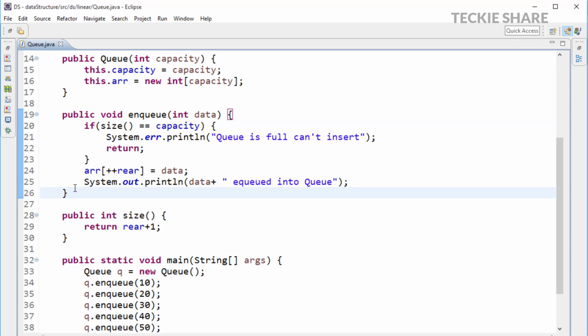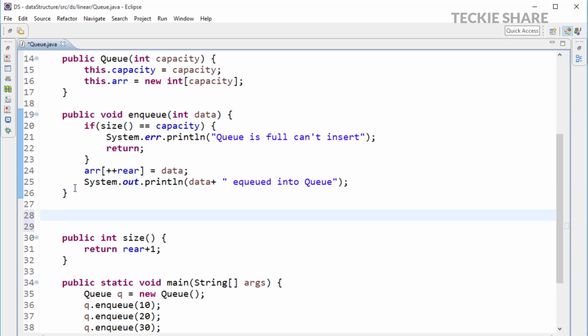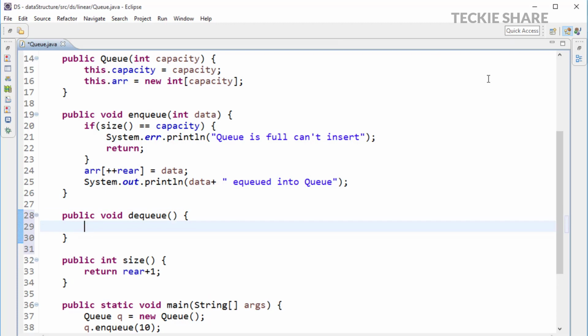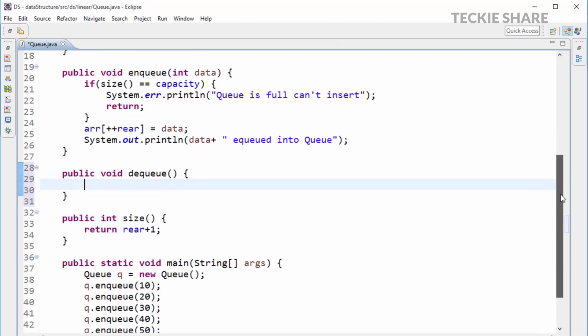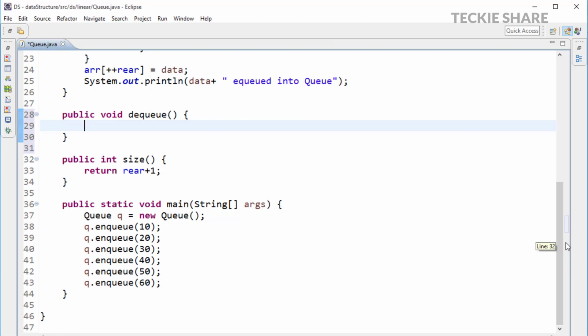That's it. Now I am going to implement the dequeue method. The dequeue method is nothing but removing the first data in my queue. In this logic, the first step will be to get the data of the front position. I have a pointer, right, front. Using that pointer I have to get the value from my array. Once I get the value from my array, I have to shift down all the data towards the front position. This is what the dequeue operation will be.